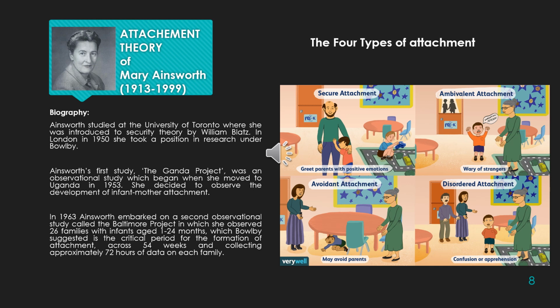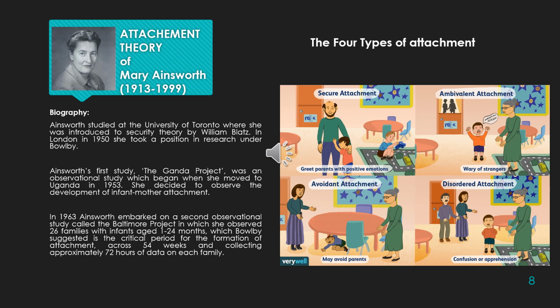Four stages of attachment. The next picture represents the four stages of attachment. It's a very synthetic way of explaining them. The first stage is called the secure attachment. It's about the relationship that the child develops with the parents. If the parents behave and transmit positive emotions, the child will have a sense of security. This is called the secure attachment.